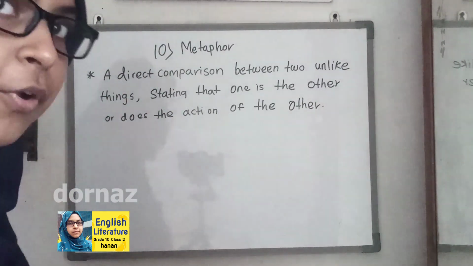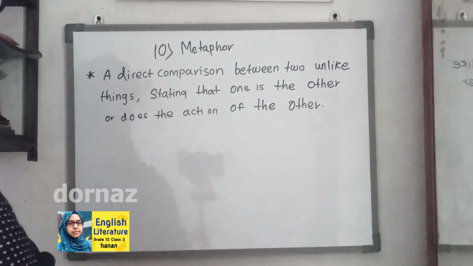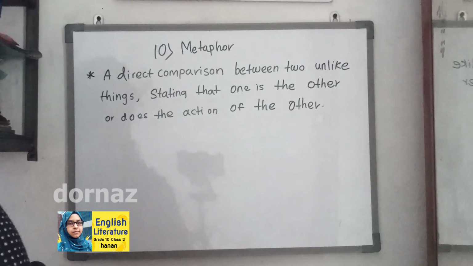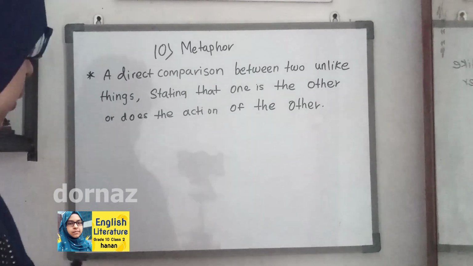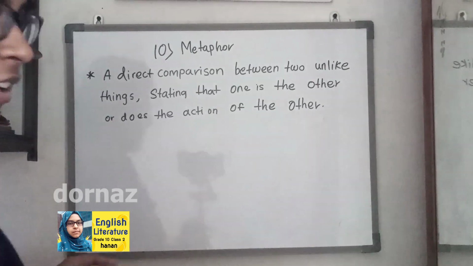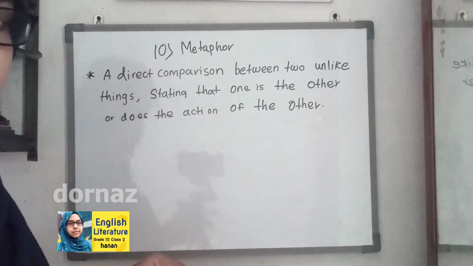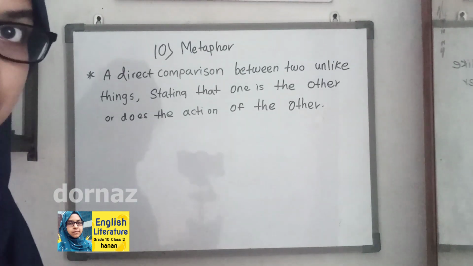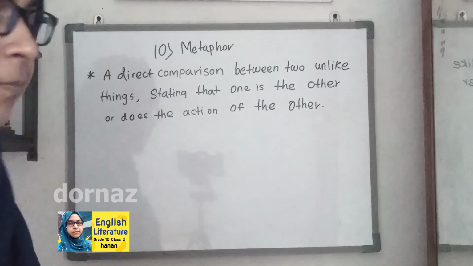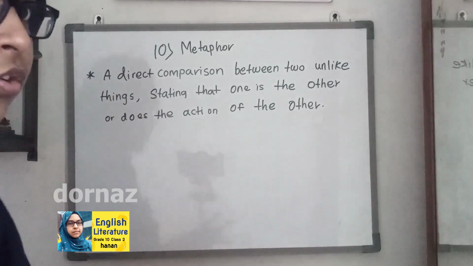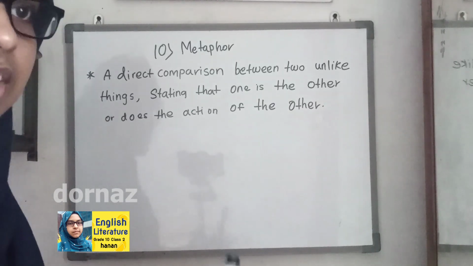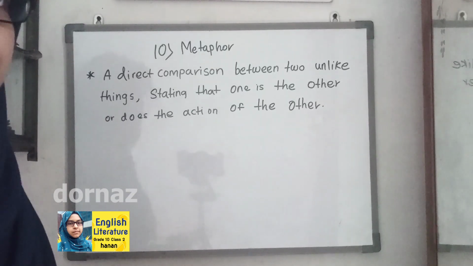Metaphor, the 10th poetic device. A direct comparison between two unlike things, stating that one is the other or does the action of the other. A direct comparison. In euphemism, we saw that it was indirect. Indirectly, we say a real thing in another way. Here, it is a direct comparison. We are going to compare a thing with the other thing directly. For an example,